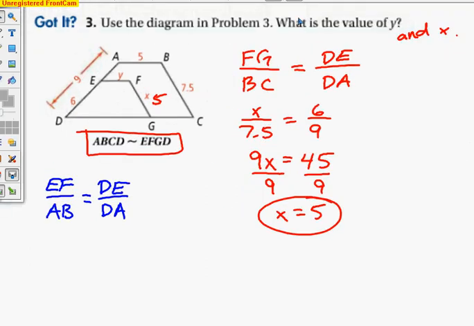Alright, so sorry about the shortness on time because of that drill we did, but here's the completion of your